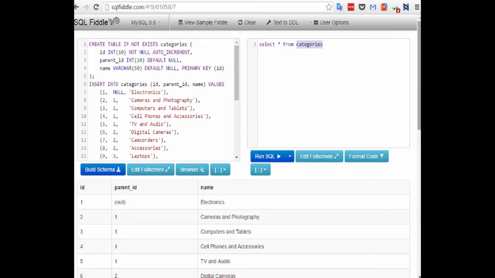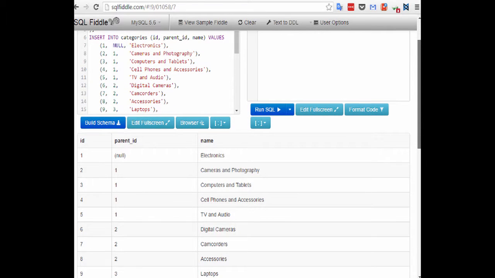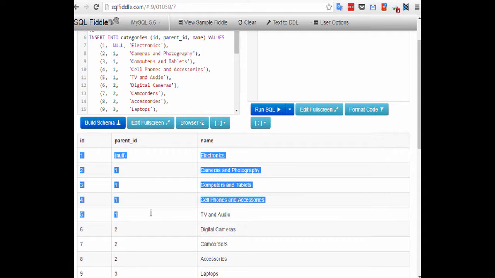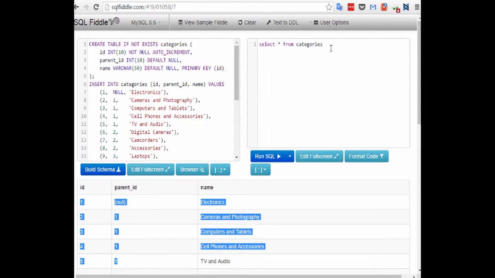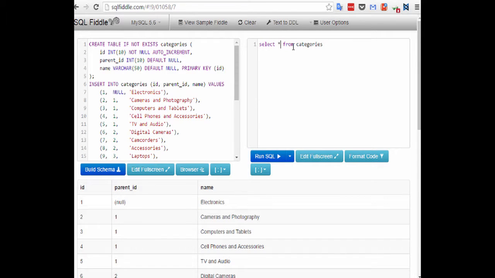To do this, we use the limit keyword. We suppose here that we want to return only five records, only 5 rows. To do this, select all from categories